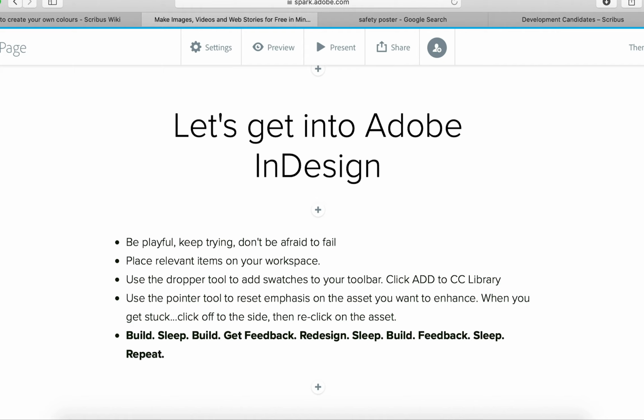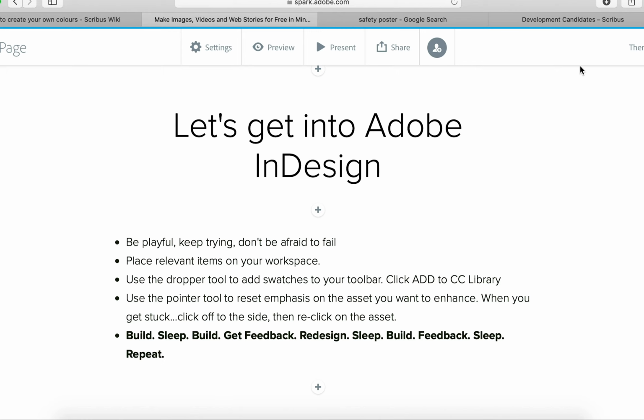All right, so let's build, let's sleep, let's not do this all in one night. Let's see if we can do this over multiple nights and come back to our projects and keep working on them and improving them if at all possible. Okay, given your circumstances, that might not be possible, but